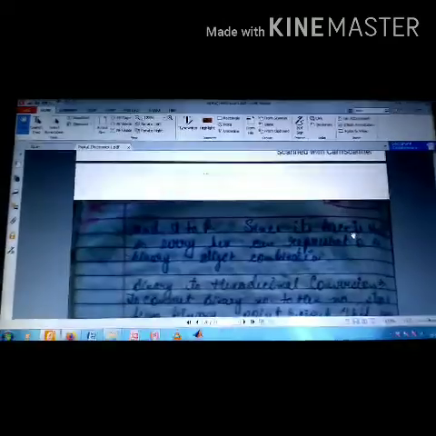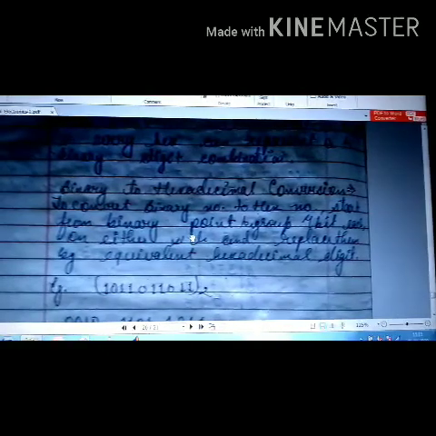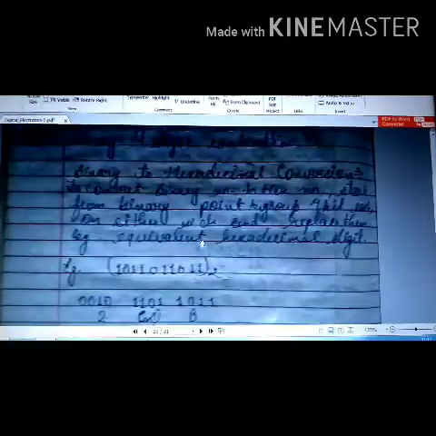So its base is 16, that is 2 to the power 4. So every hex digit can be represented by a 4-bit binary combination. Now, coming to binary to hexadecimal conversion, similar to binary to octal conversion, we will make groups, but here we will make groups of 4 digits. To convert a binary number to hex, start from the binary point, group 4 bits each on either side, and replace them by equivalent hexadecimal digits.